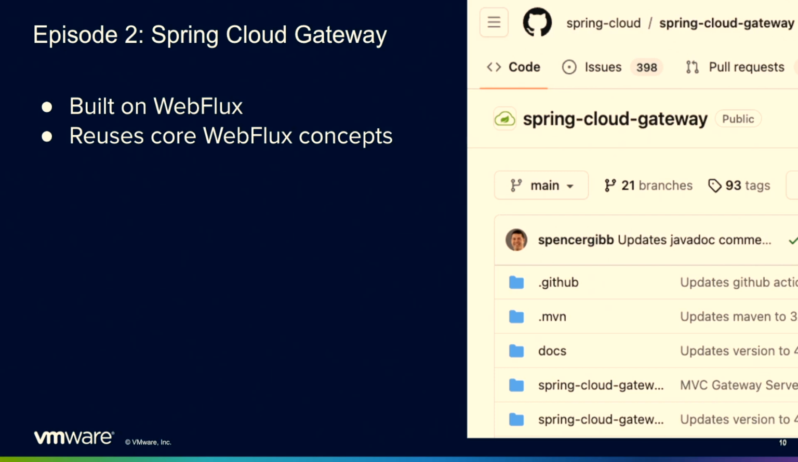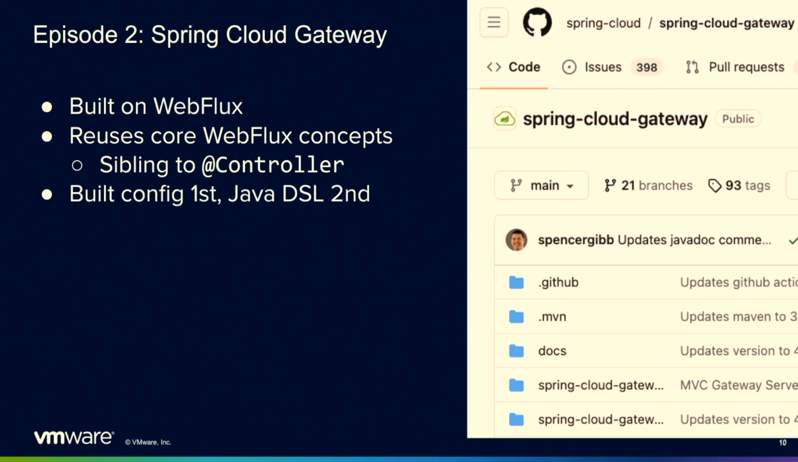So Gateway reused WebFlux concepts. We reused the big plumbing pieces that Spring Framework gave us. It's basically a sibling to @Controller, right? And we've all written Spring MVC apps or a WebFlux app with @Controller. When I built it,